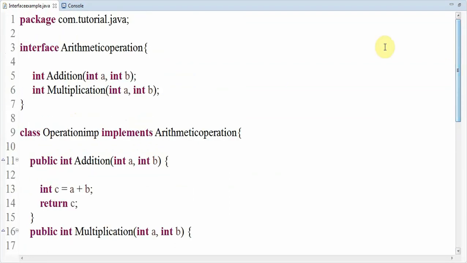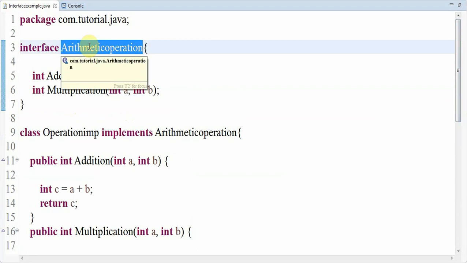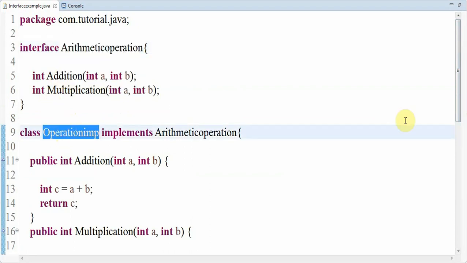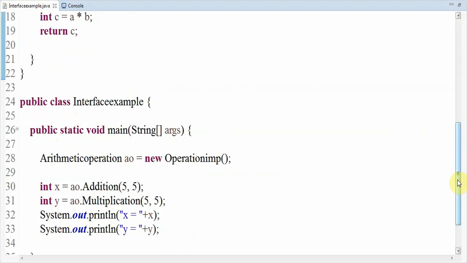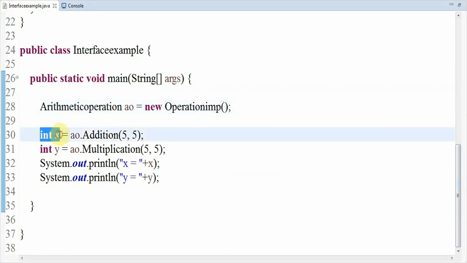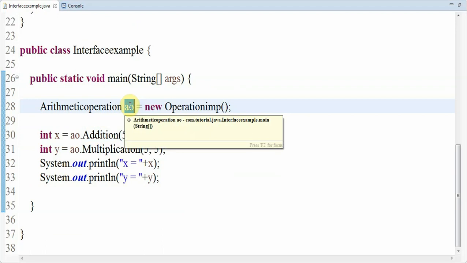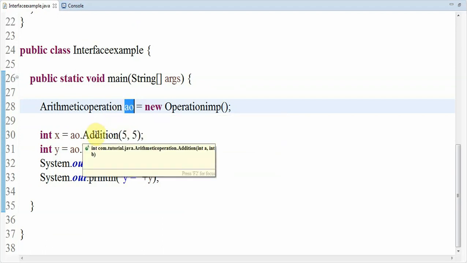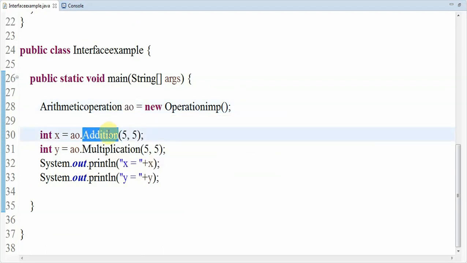Here you can see ArithmeticOperation is the interface and OperationImplementation is the class. By making use of both, I have created an object AO, and here you can see int x. I have declared one variable x of type integer equal to AO dot addition, which means that using this object, I'm trying to call the addition method, and I'm trying to send the values 5, 5.